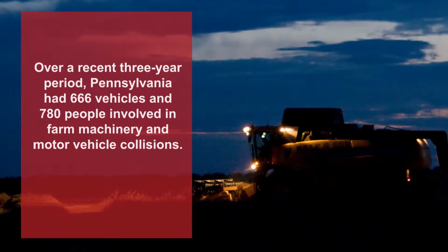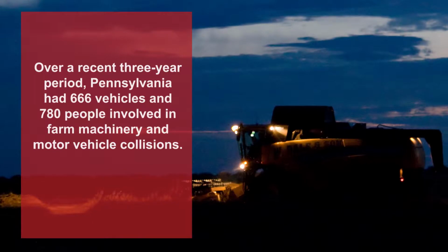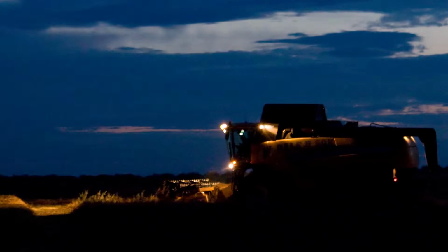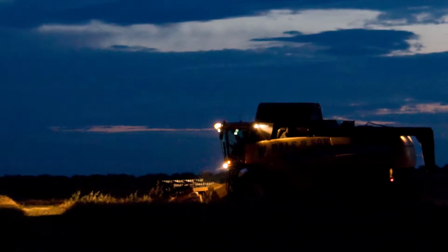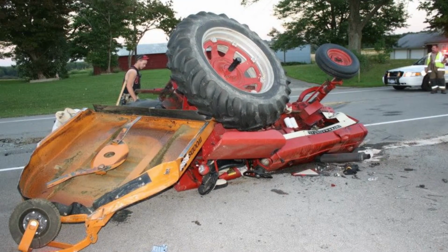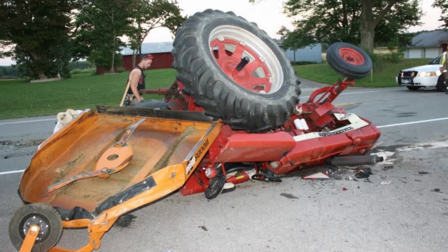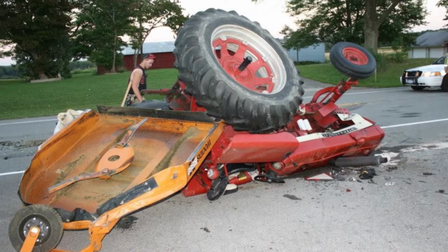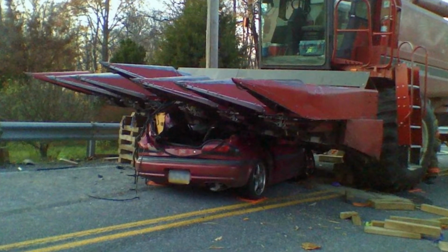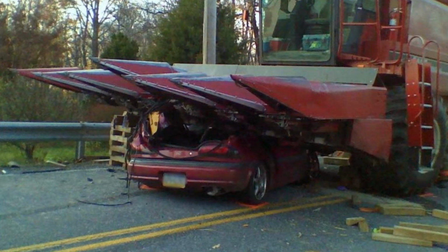Over a recent 3-year period, Pennsylvania had 666 vehicles and 780 people involved in farm machinery and motor vehicle collisions. 20% of these incidents occurred when it was dark or during dusk or dawn hours, usually in rural areas. In 88% of these incidents, both farm and non-farm equipment driver actions were the prime factors leading to the crashes, most often involving an improper or careless turn, or driving carelessly or too fast for conditions. This highlights the need to be clear about how to light and mark this equipment, as well as its proper